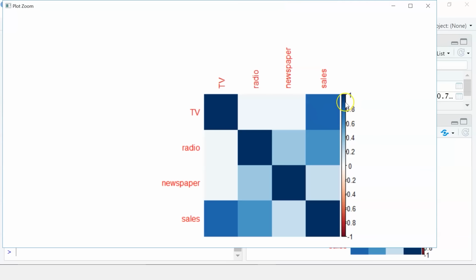On the right, you can see the scale. So -1 is for negative correlation. Then there's light red, 0, which is almost white color. Then there's light blue, and finally dark blue for the maximum positive correlation. The diagonals are dark blue, which represents the same variables as in rows and in columns. So it's dark blue. TV ads and radio ads have the next highest correlation, while newspaper ads have the lowest correlation with sales.